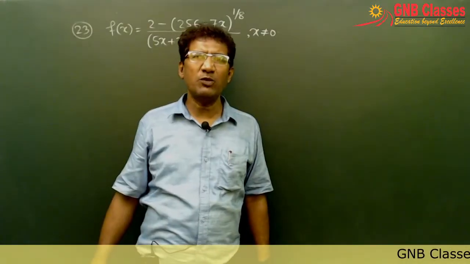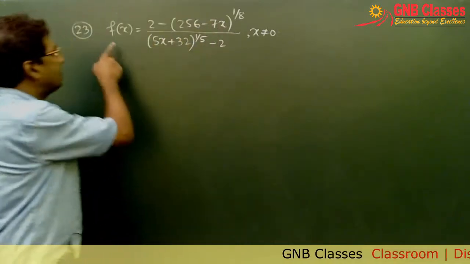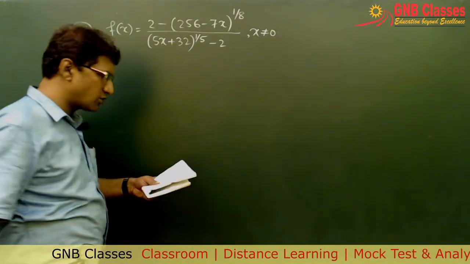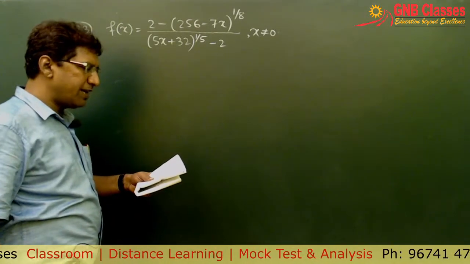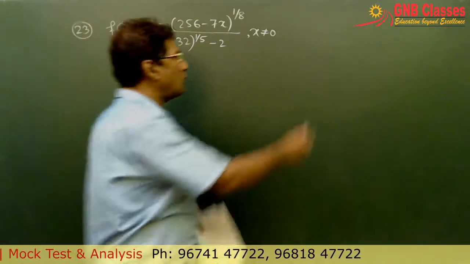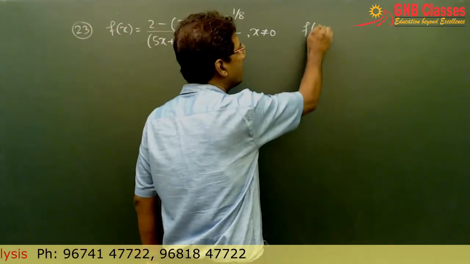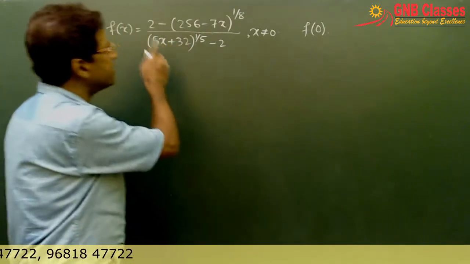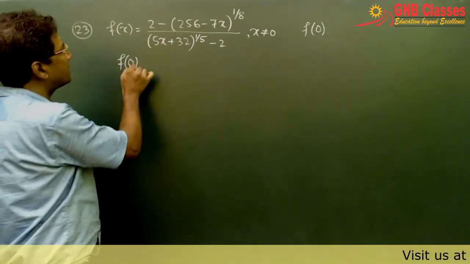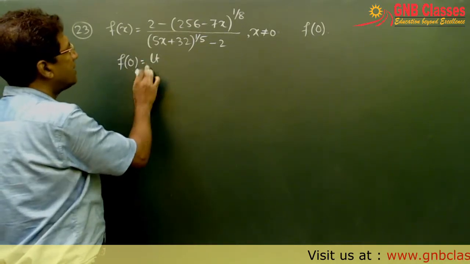In question number 23, they have given that f(x) is this one when x is not equal to 0. Then for f to be continuous everywhere, find the value of f(0). Is it clear? Since the function is continuous everywhere, we can say that f(0) is nothing but the limit as x approaches 0